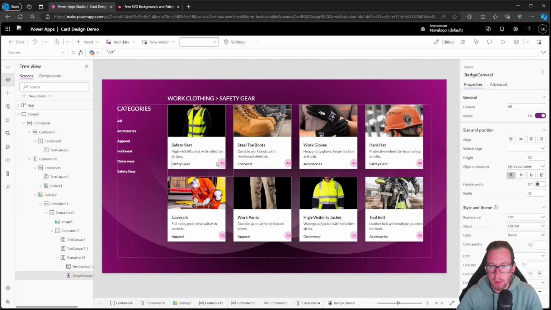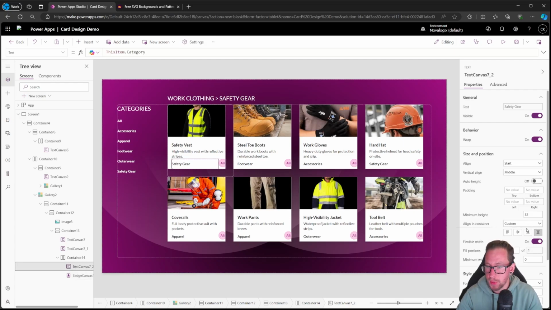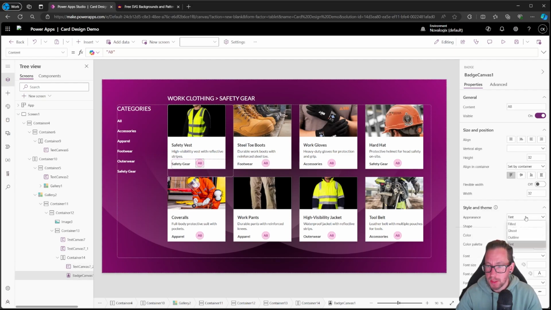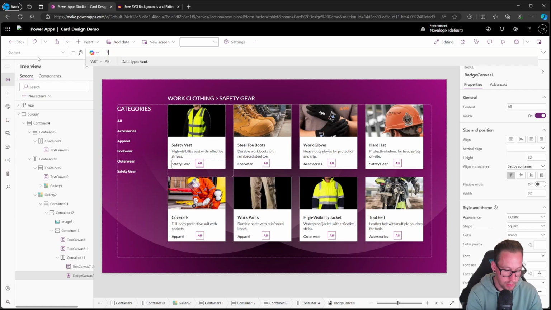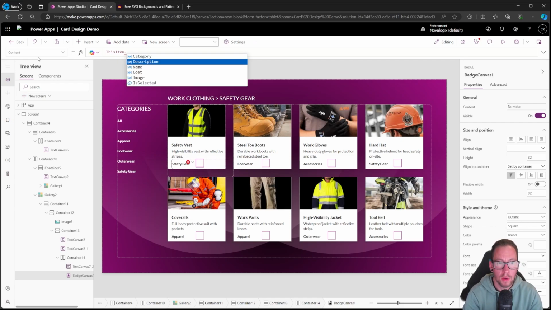I don't like the circle because we're going with more of a square vibe. I'm going to just drop the width on this. So I want that to just drop a little bit so we can see this for now. I'm going to change this to filled or outline. Then we're going to switch it from circular to square. So we've got our nice square theme. Perfect. And now we want the content to be this item dot cost